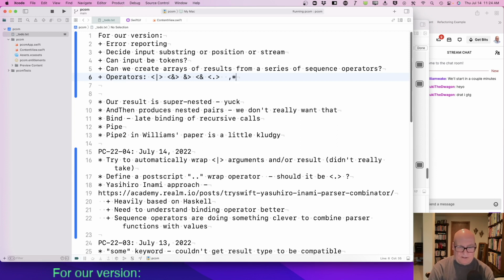It may be a function. Well, many, one or more, and then what would you call it? Separated, sep.